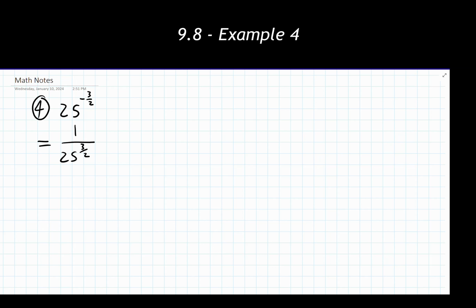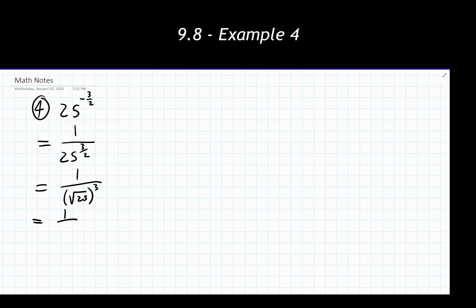So if I'm thinking about that, what if I take the square root of 25 first? I'm going to get a reasonably small number, and then I raise that thing to the 3rd power. That might be easier than raising 25 to the 3rd power and then taking the square root of it. It's just a matter of how big or small we want these numbers to be as we're working through them. So with that plan, let's go ahead and actually write it out for ourselves. So I take the square root of 25 and raise it to the 3rd power. This is the equivalent of the bottom left option that we have for rewriting these forms.